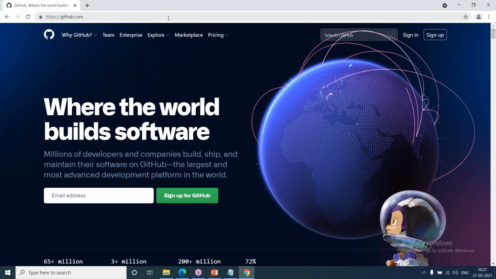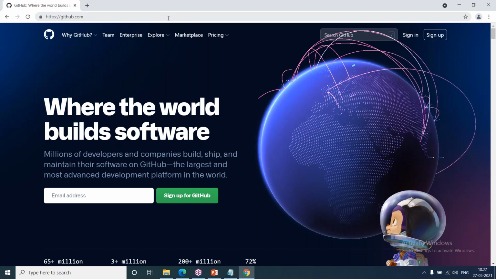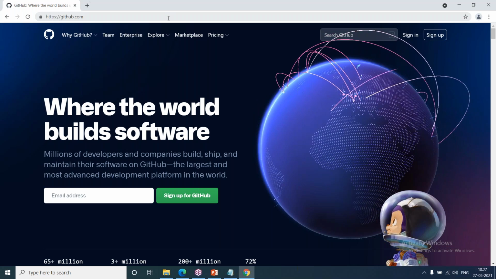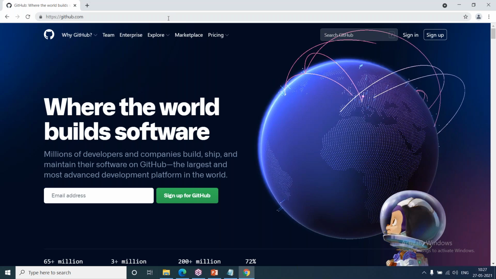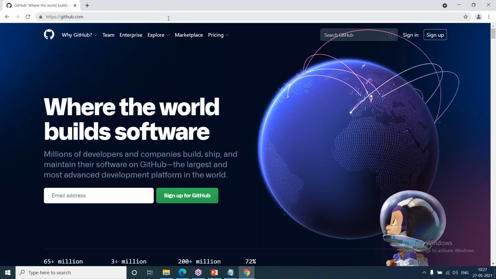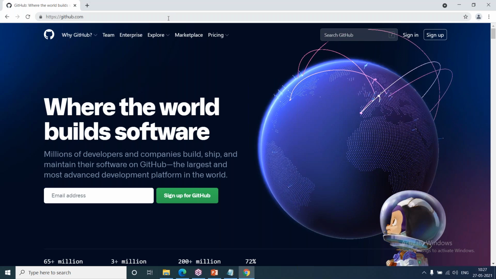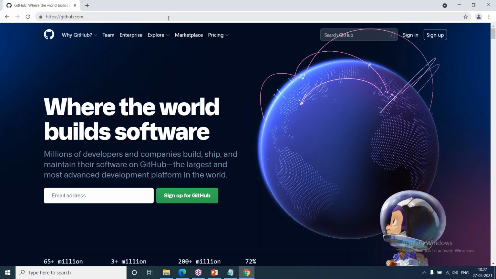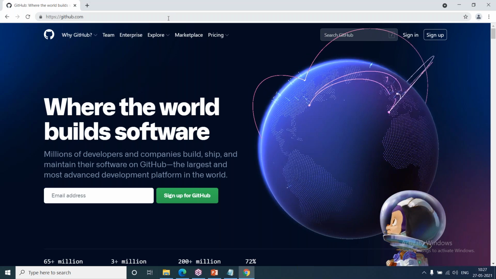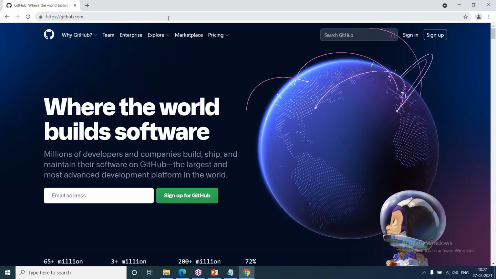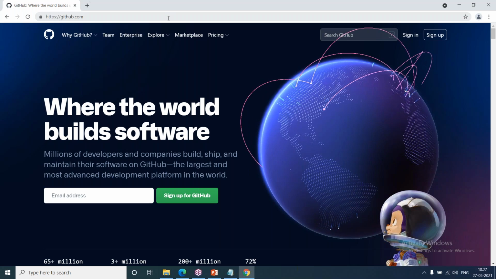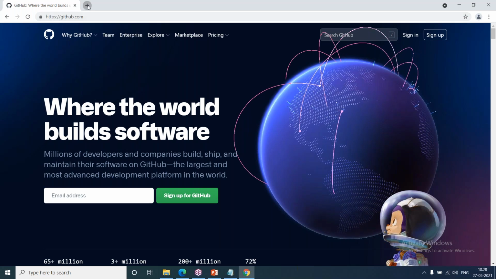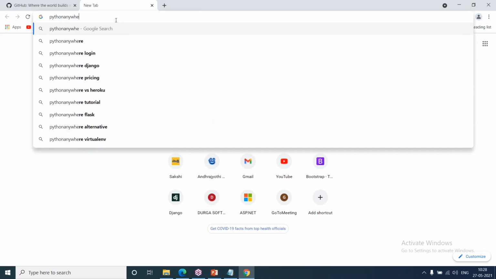When we create a website and host it, that is the first version. After 3 months, if a client asks for some changes, we'll make some changes and deploy it. That is the second version. Whenever you are modifying the code, we can call it the second version, third version, fourth version, like that. So using GitHub, we are working with the Git version control system. And when we place our project in GitHub, then we can take this project to pythonanywhere.com.